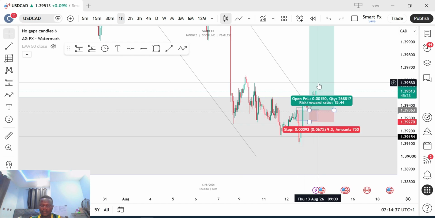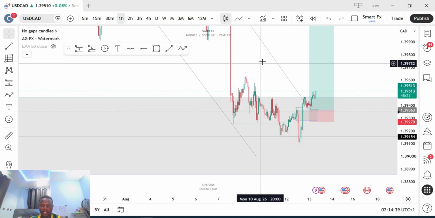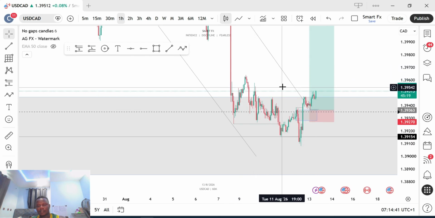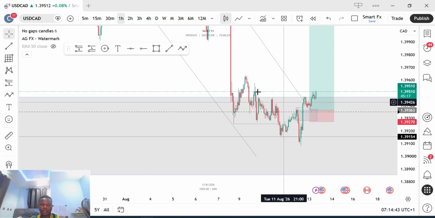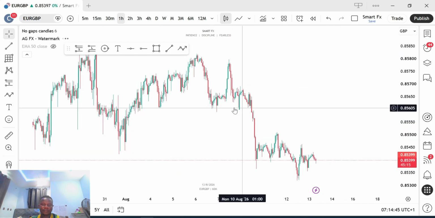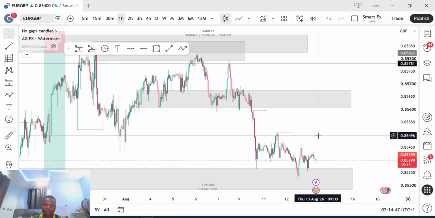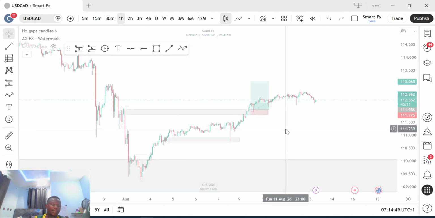Unless I start seeing maybe a break of this high, then I'm not considering a continuation entry. But this is what I'm looking at. I've entered the trade, so I'm hoping to use that particular trade to pass my